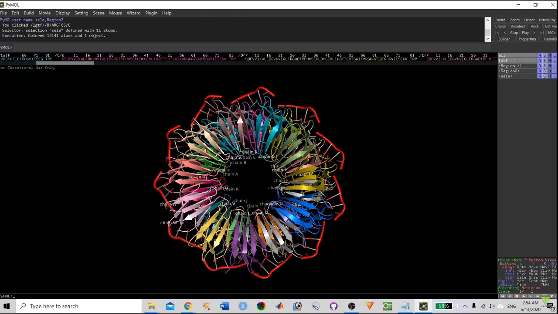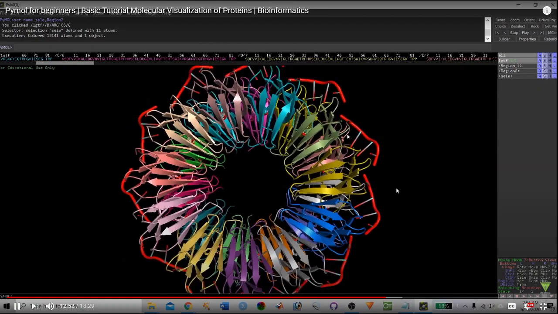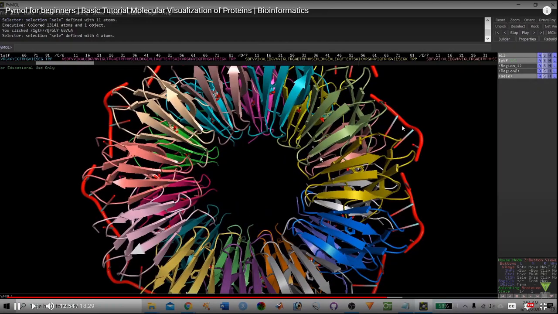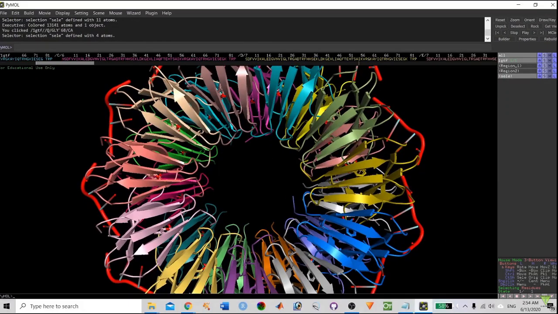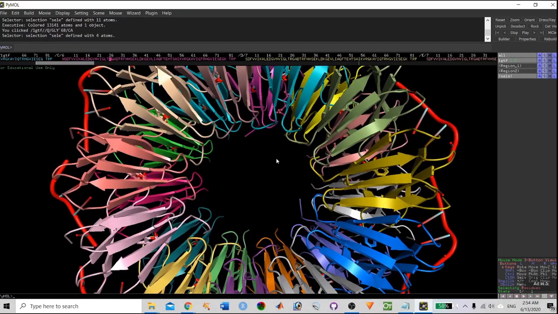Okay, so here I'm just removing the label, clear. If you want to specifically label one particular amino acid, for example, I want to label this arginine molecule. So select this arginine molecule. Once you select this one, you will find the selection option will pop out. So go to show, stick.